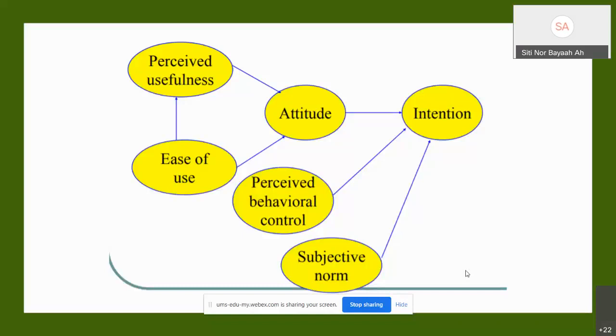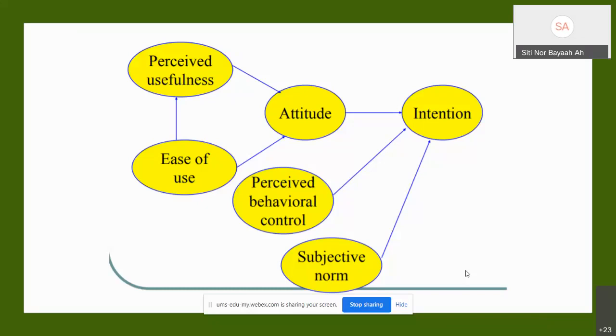Okay, for this one it is the theory of planned behavior. All right, so basically this theory has been used thousands of times. Students have been using this TPB for their studies. So basically it's common. What else can be added to your study, by changing something, or by simply adding a new construct to the theory? No, but by